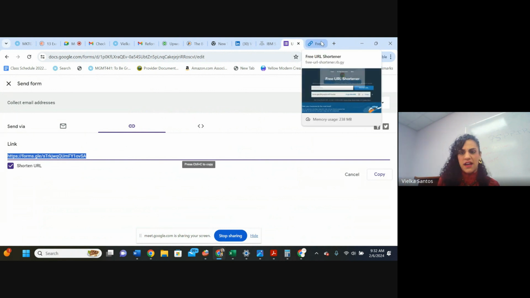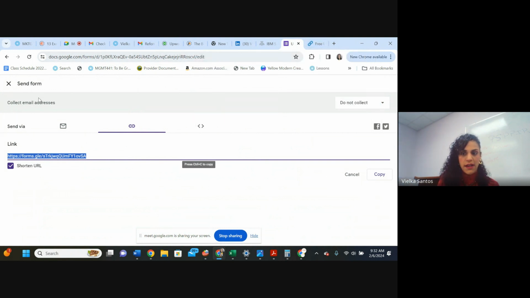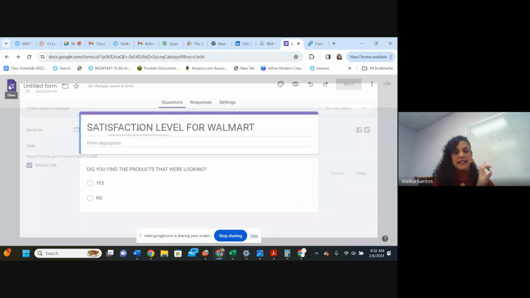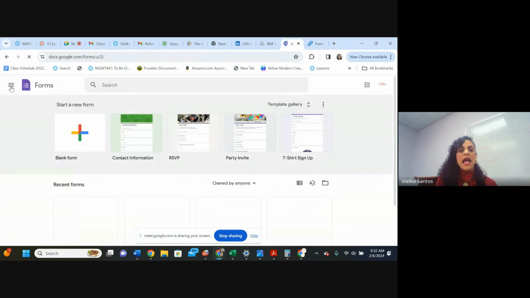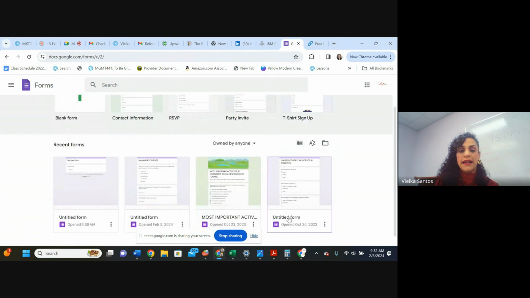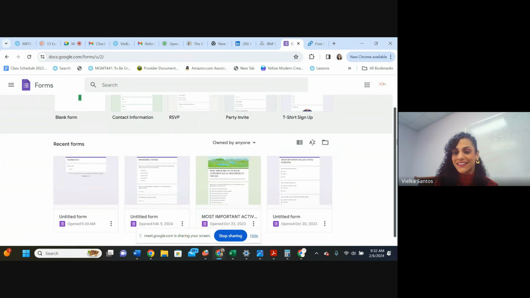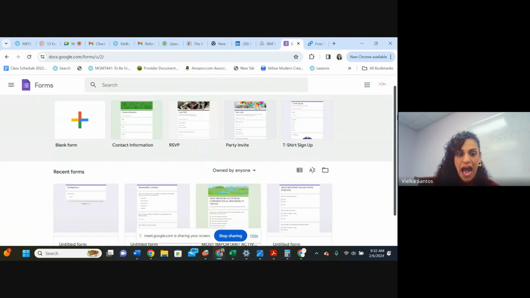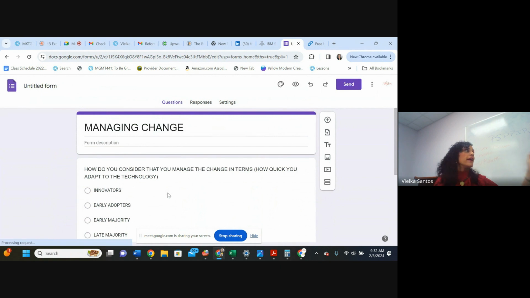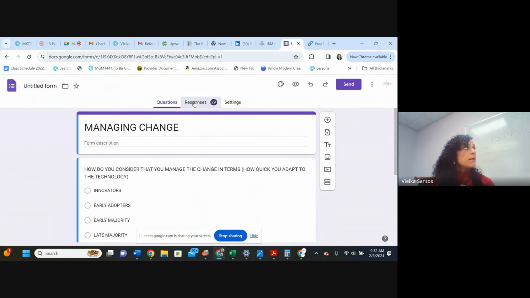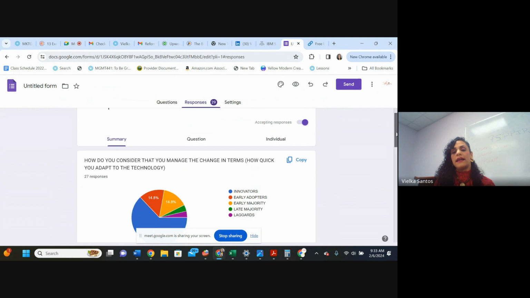I talk about this, I know, 300 times, right? But once you have your data, once you distribute your link, I'm going to get out of here with the X in the top, and then I will go back to my forms. And if I want to see my data, real data living in real time, right? I can see it, and I can see the answers of my customers right away. It's an example, okay? So that's how I create the survey.